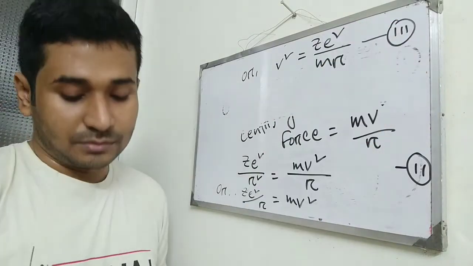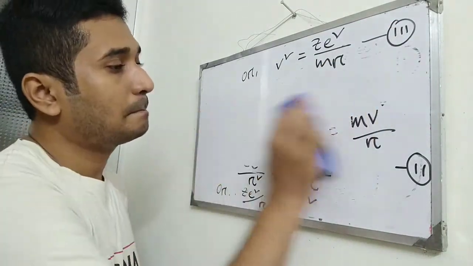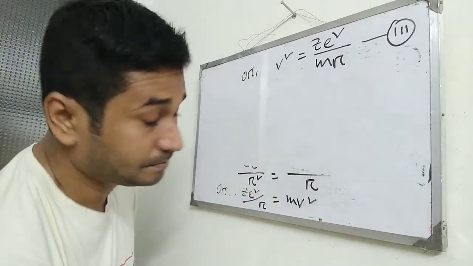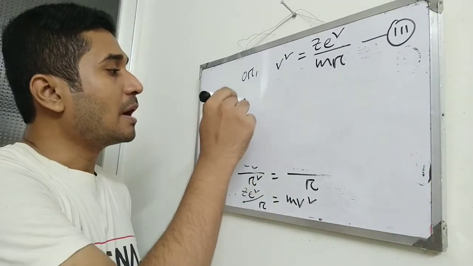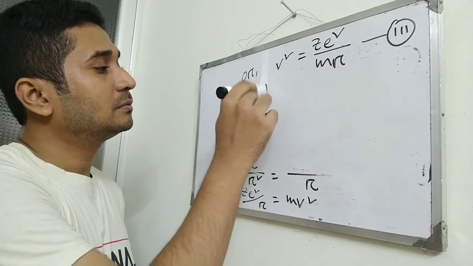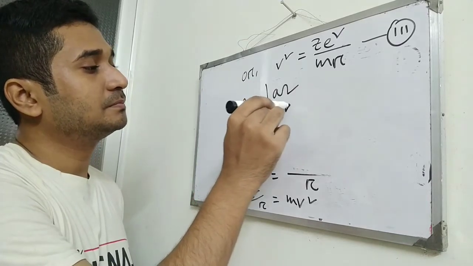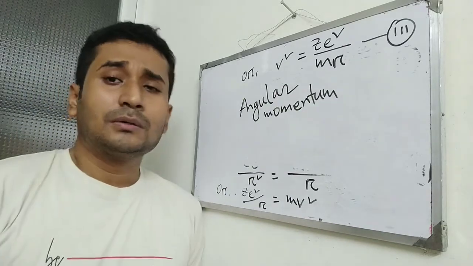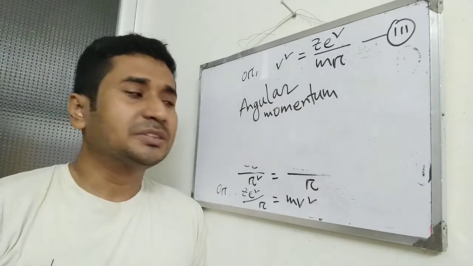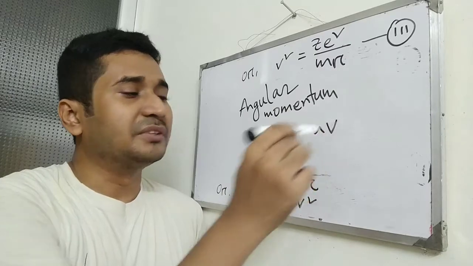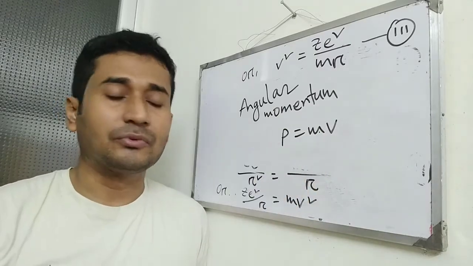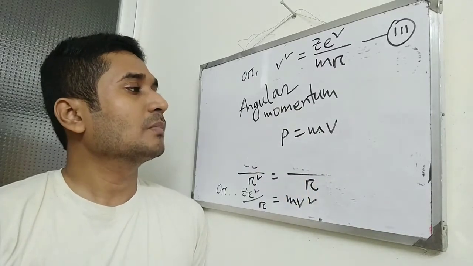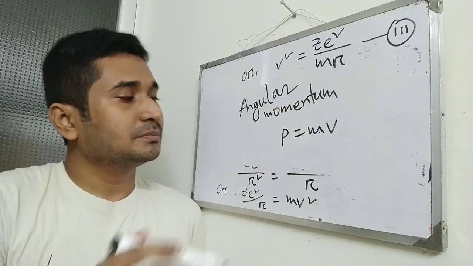It's like equation 3. Then angular momentum. What do you mean by momentum? That is P is equal to mv, right? M means mass, v for velocity. But angular momentum is